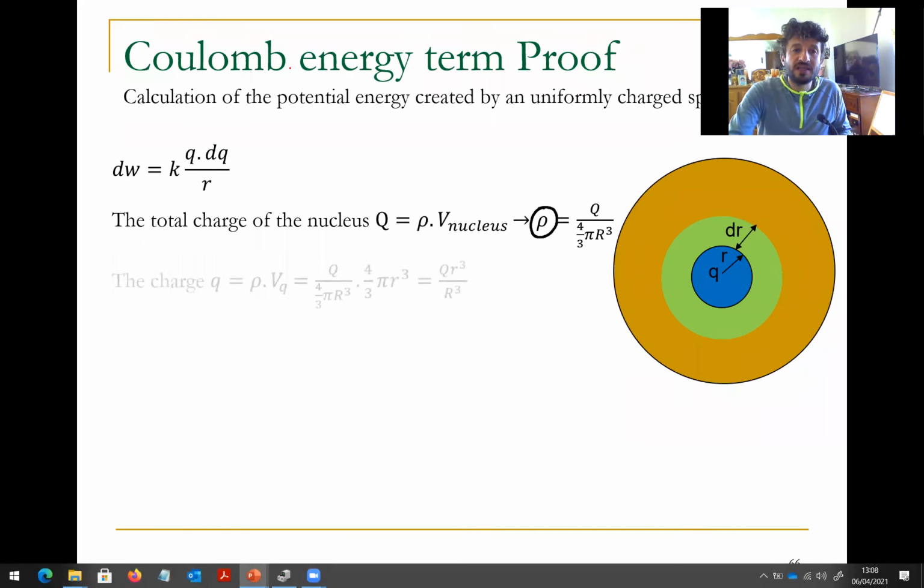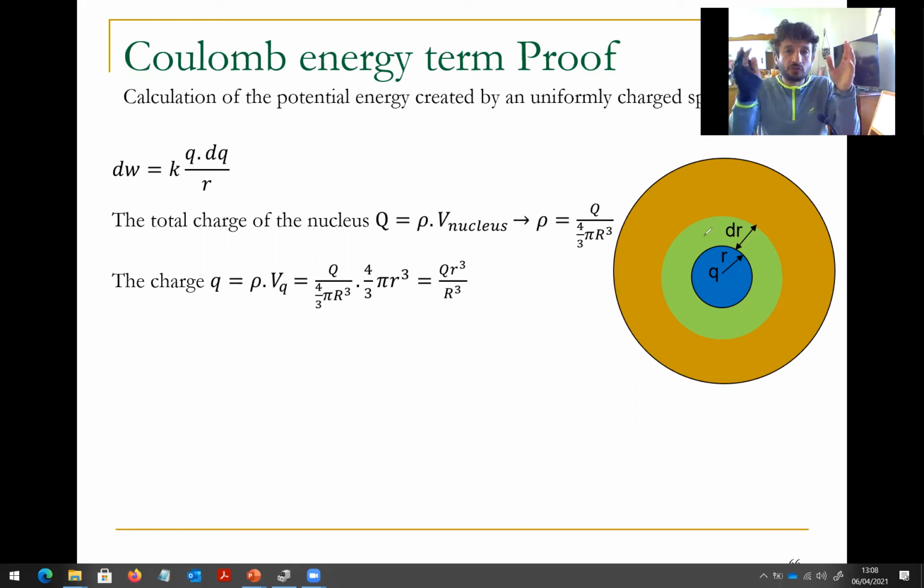Let me also calculate the charge q here. This small charge and the dq in the total nucleus have the same volume charge density rho. So the capital Q equals rho times the total volume of the nucleus. The small q equals the volume charge density times the volume of this charge q, which is equal to,